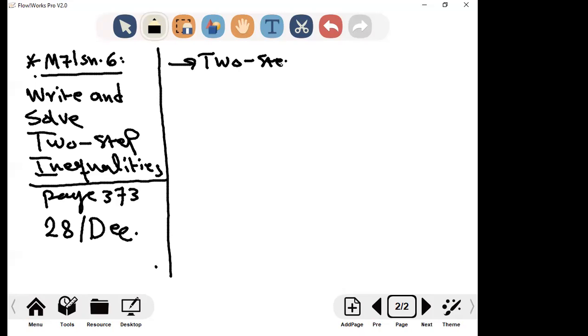Two-step equations. And as we said always, that the strategy of solving the inequality